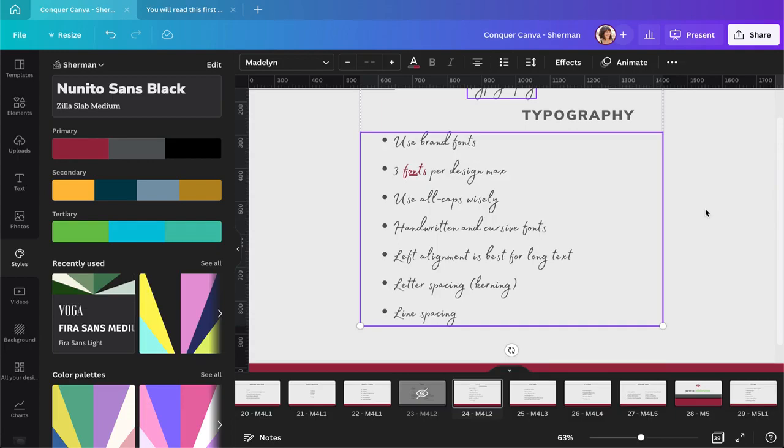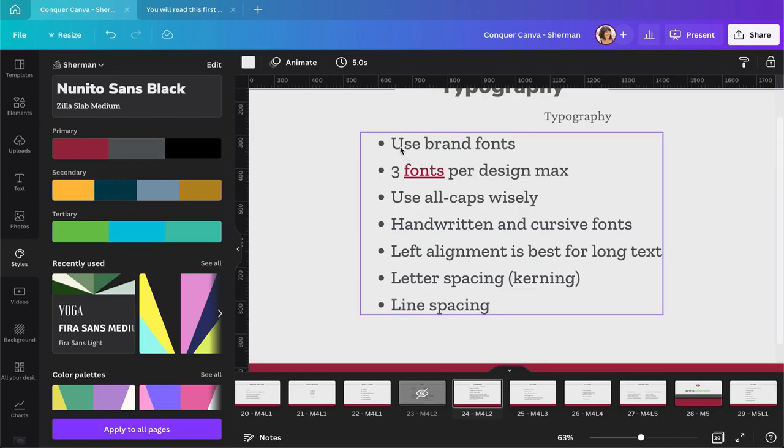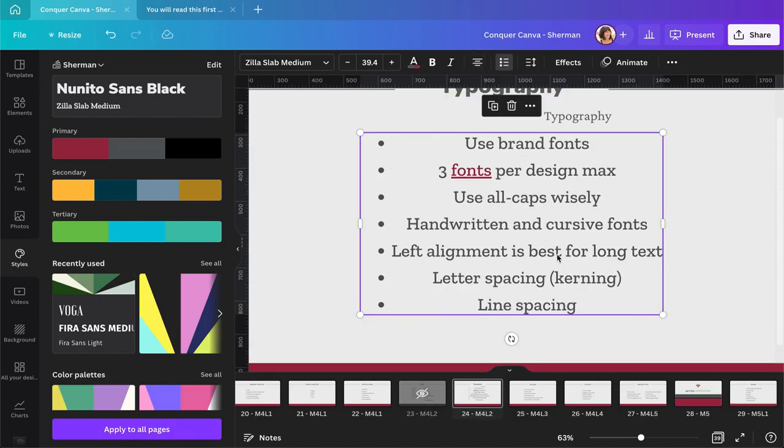Next thing I want you to think about is the alignment of your text. So let's change this back to our brand fonts here so we can read better. If I have lots of text, even bullet points like this, we don't want to center it, because this makes it really hard for our brain to figure out where the next line starts. It's not too bad here because they're short, but if I have longer paragraphs and I center everything, it's really, really hard to read, because our brain gets to the end of the sentence or to the end of the